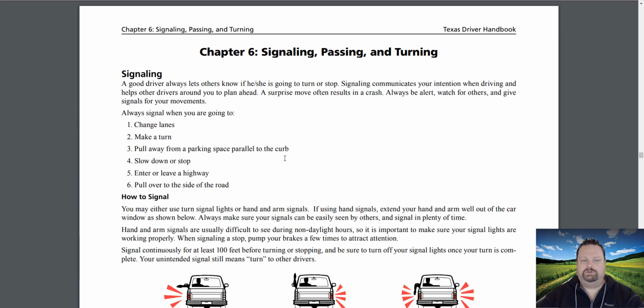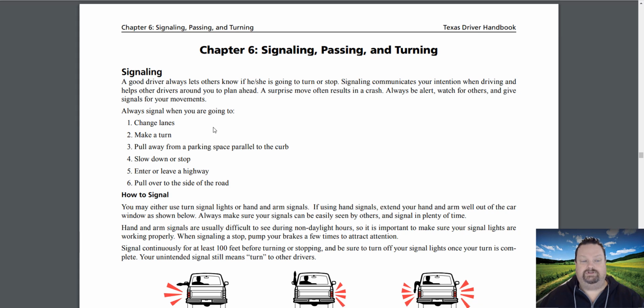So signaling, a good driver always lets others know if he or she is going to turn or stop. Signaling communicates your intentions and helps other drivers around you to plan ahead. So basically, it lets everybody around you know what your intentions are. A surprise move often results in a crash. Always be alert, watch for others, and give signals for your movements. Always signal when you are going to